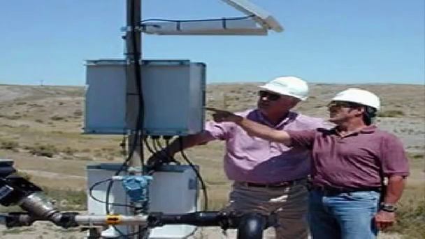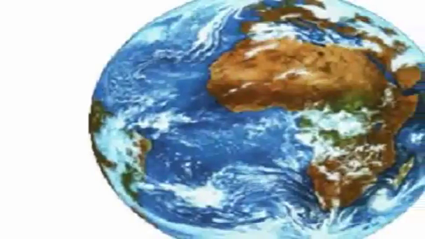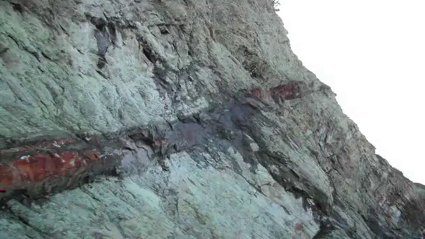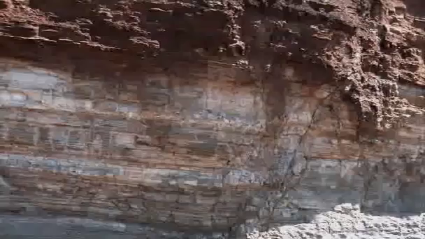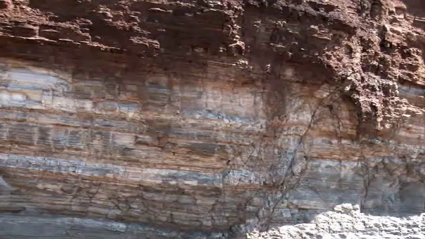Geologists and geoscientists study the surface of the earth, its mountains, its oceans, its valleys, its plains. They study satellite images of the earth. They look for signs of oil, places where oil seeps to the surface. They examine the rock types, formations, and structures called outcrops, and they use the process of